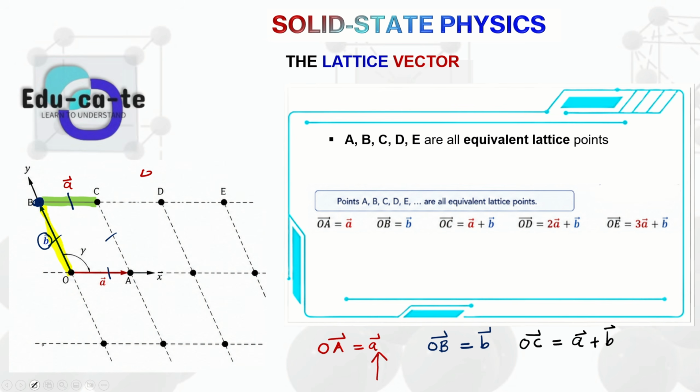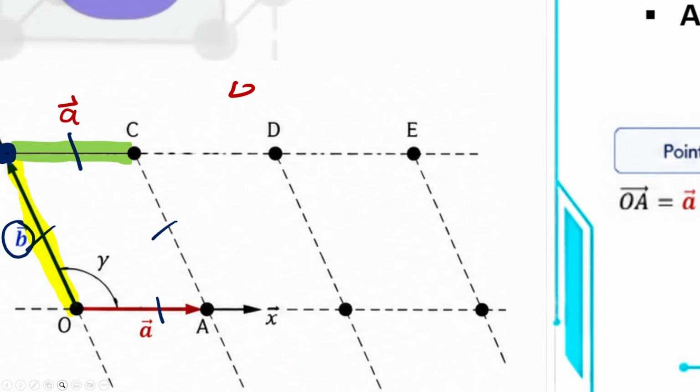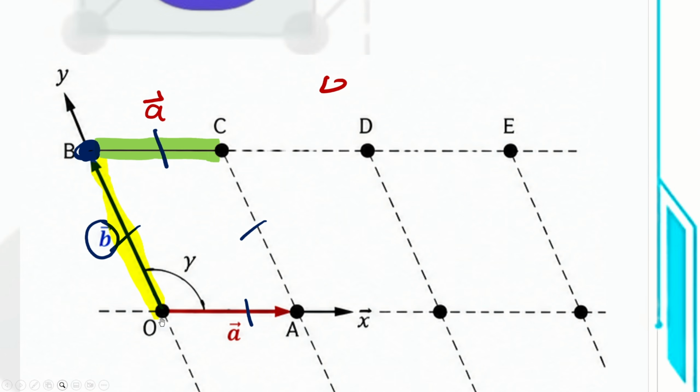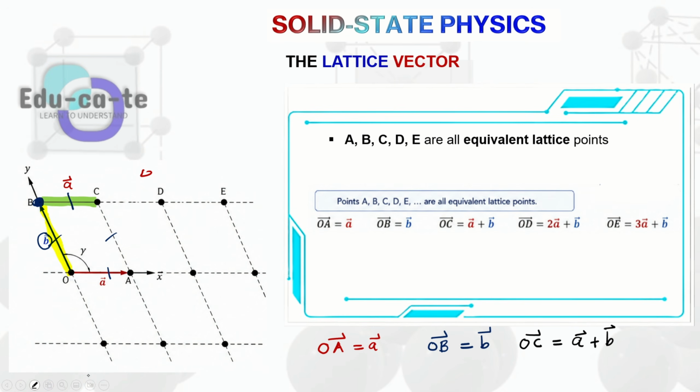And if I still want to continue moving, I can continue maybe from point O to point D. If I want to move from point O to point D, I have to do the same thing as well. Remember, from point O, you move to point B, and then from point B, you move to point C, and then from point C, you move to point D. So I just have to complete one part here. I'm going to fill it up and say, now I want to move from point C to point D.